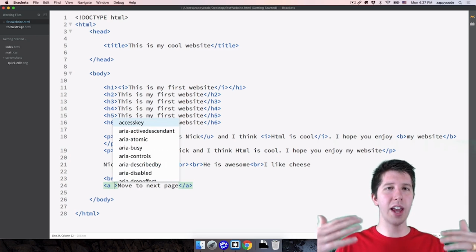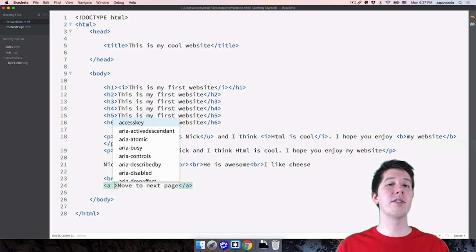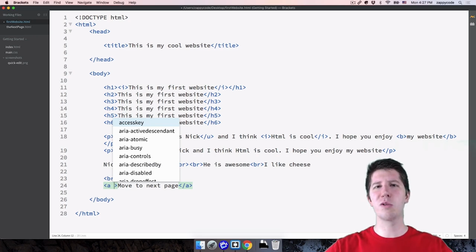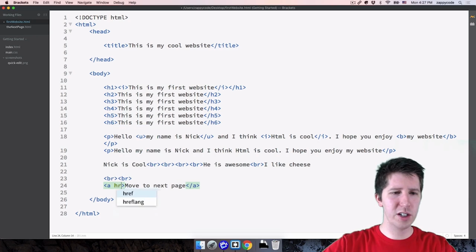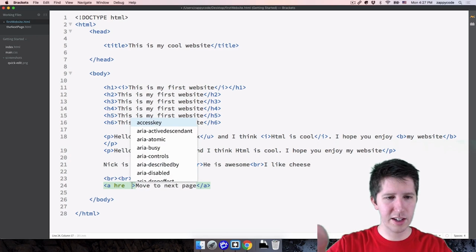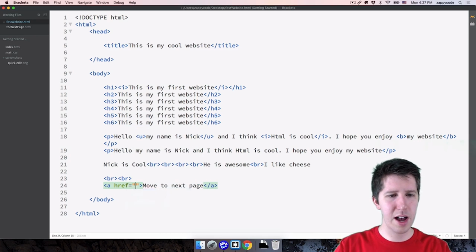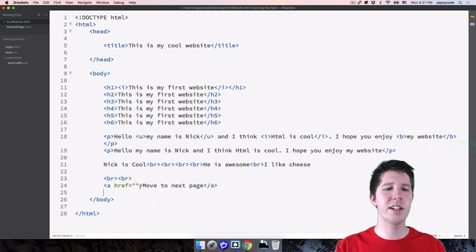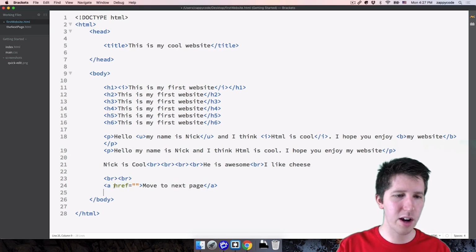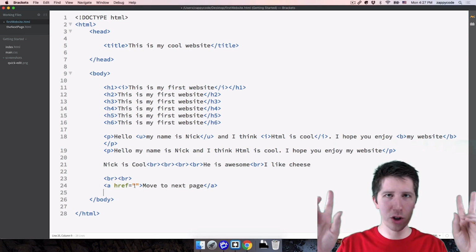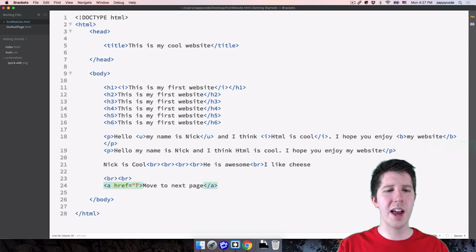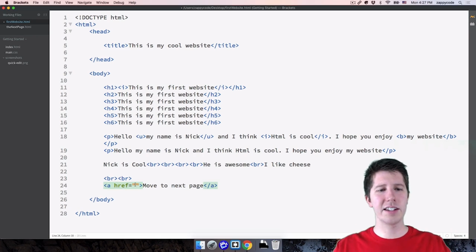You could use something called the href, which says where this should go if somebody clicks on it. I think it stands for hyperlink reference or something like that. It doesn't matter. Everyone just calls it the href. So if we start typing href here, you can see there's the autocomplete for it. You want href=, and then two double quotes. Basically, whatever is inside of the double quotes is where this A tag is going to be moving to.